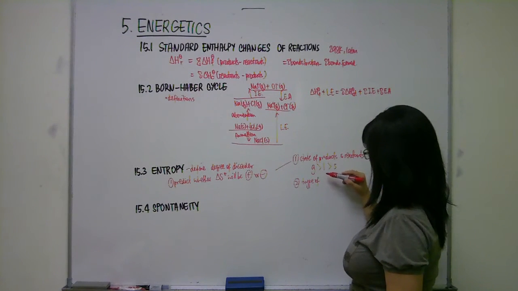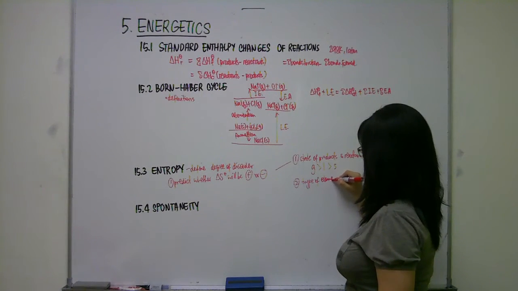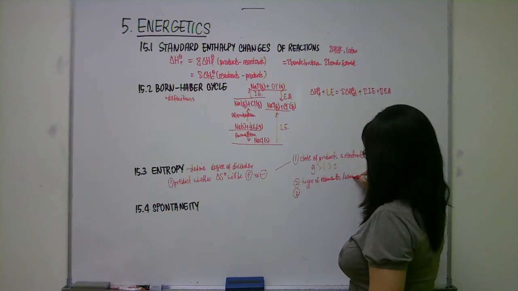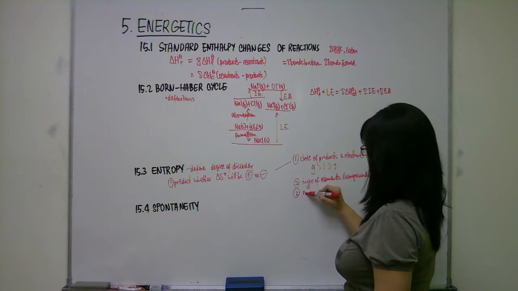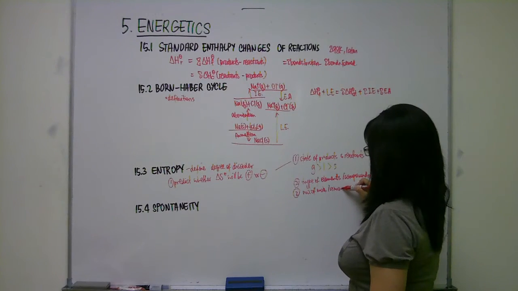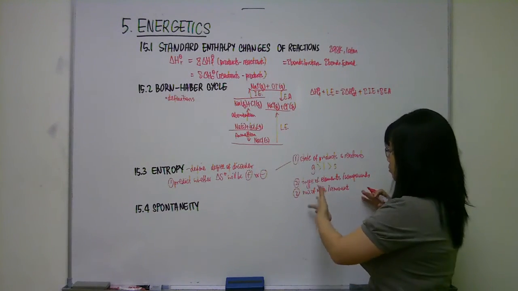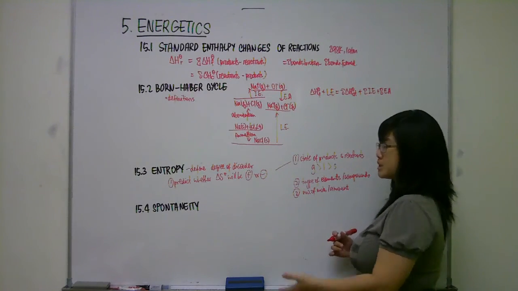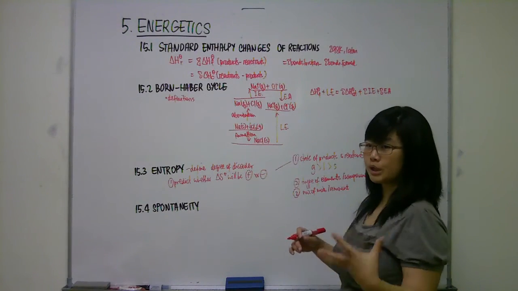Other minor factors include the type of elements or compounds, and then the number of moles or the amount. Generally, the more different types you have, the higher the entropy. The more total amount you have, the higher the entropy. But almost always students only need to look at the state of the products and reactants to predict the